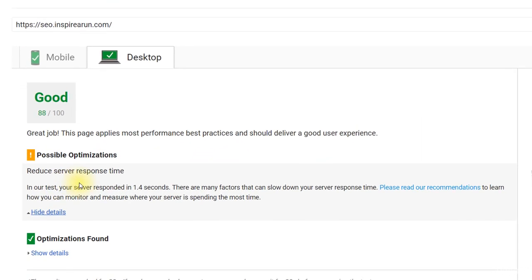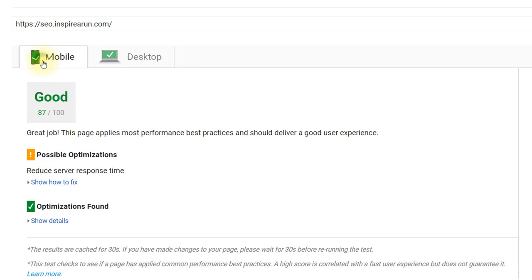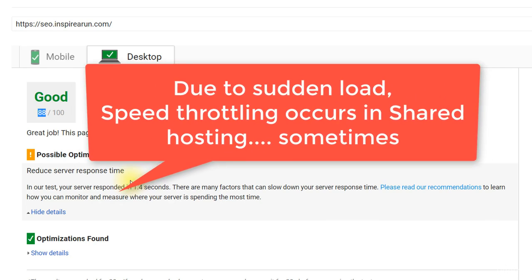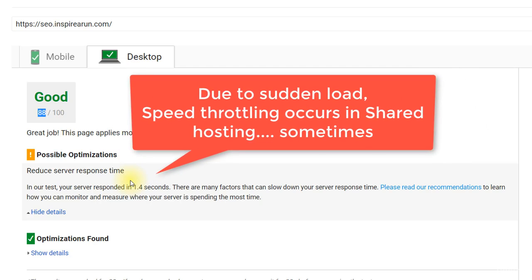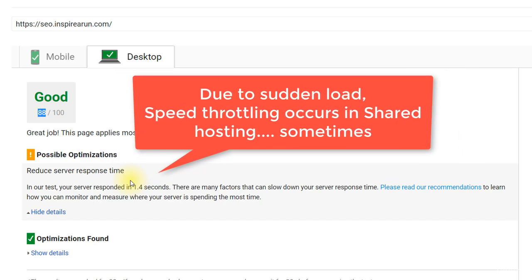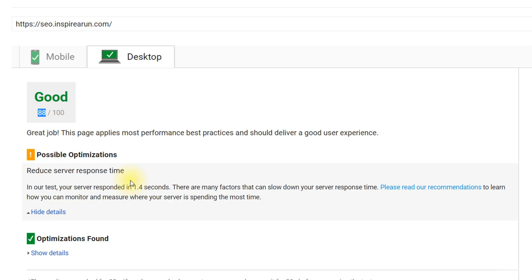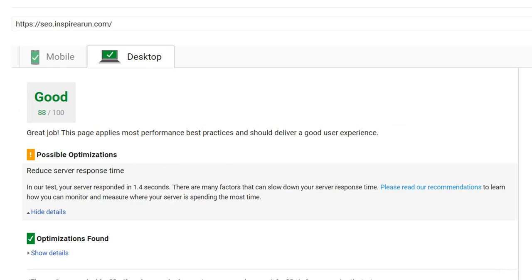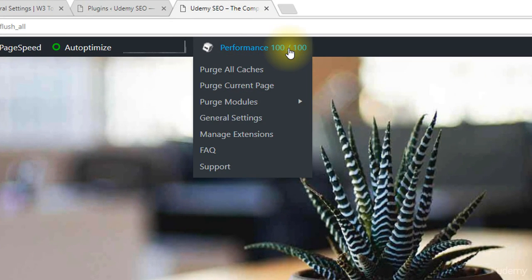Now the only issue is reduce server response time. Don't worry about the reduction in PageSpeed score. This is because I am using a shared hosting. Since I am retesting, reloading the pages, running multiple speed tests, my website is made to load from different locations. Due to the sudden surge of traffic or sudden increase in load, the server might have throttled the speed of my website. So if I do this PageSpeed test after some 5 to 10 minutes, then even this server response time will reduce below 200 milliseconds and my score will become 100 out of 100, because you could see the performance score as 100 out of 100 based on